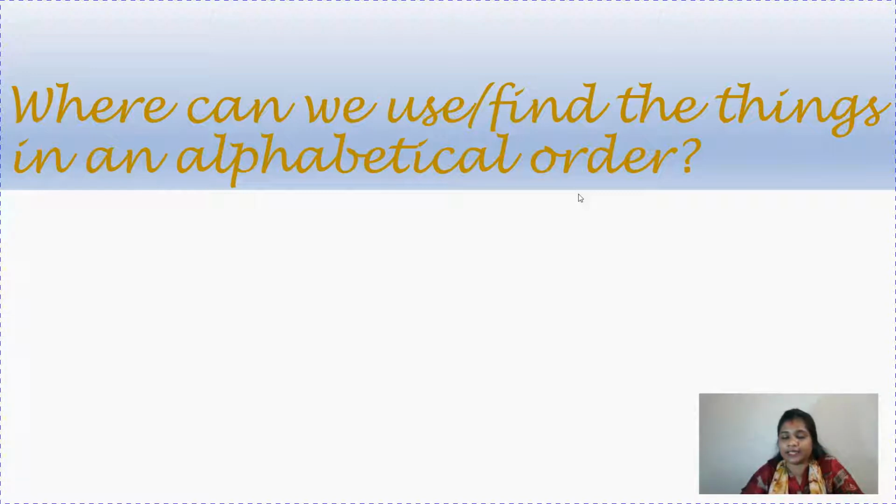Suppose, children, you have to find the meaning of a word starting with P. So what will you do? You know that first A comes, then B, and in the same way when P comes, M, N, O, P. You will go after M, then N, then O, then P comes. So easily you can find P. And just imagine, children, if the words were not arranged in alphabetical order, how would you find the meaning in a dictionary? It's so difficult. Nowadays we have downloaded so many applications on our mobile, but the dictionary is so important.